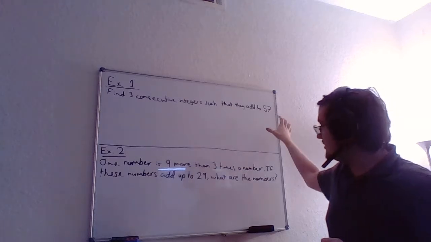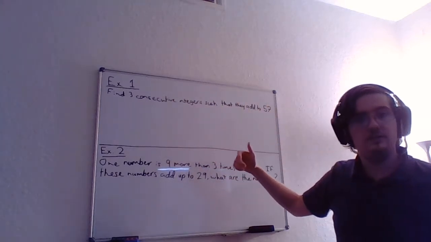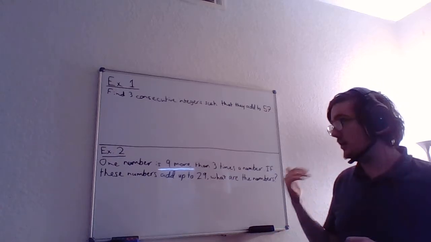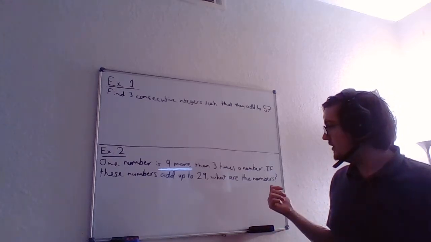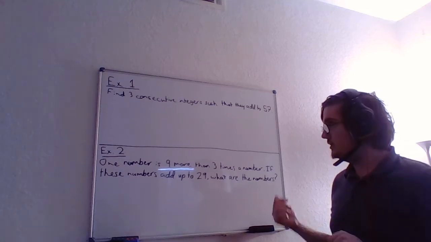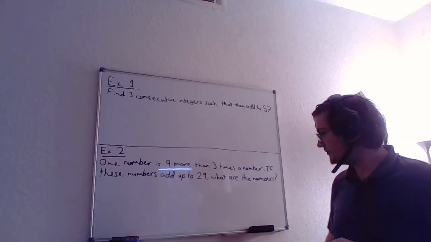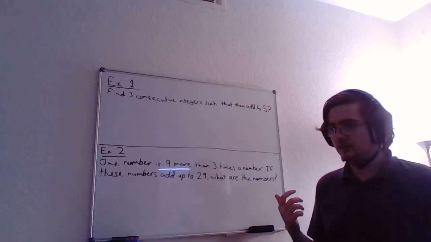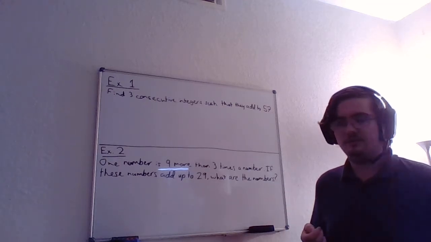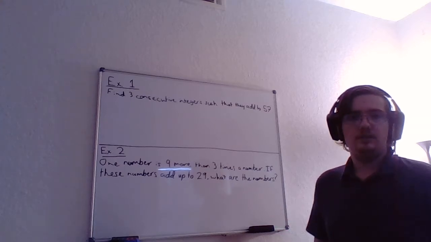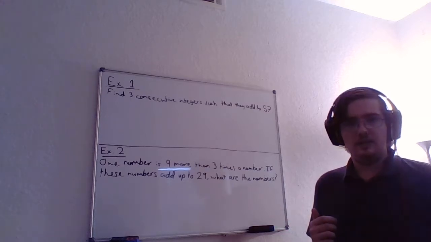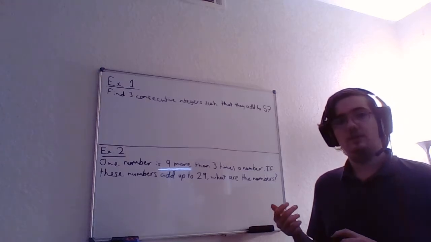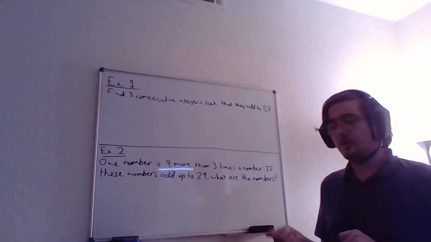Now, this isn't talking about a physical object, so I'm going to skip step 2. I'm not going to draw a picture. There's not a picture to draw. Step 3, there's not really any values. It didn't tell us that one of the numbers was 15 or something like that. So we don't have anything like that. So let's go on to the next step, which is consider the equations.